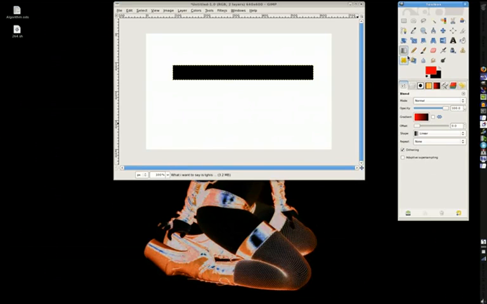Gradient tool is kind of nice. L is the shortcut for gradient. And by the way, to see